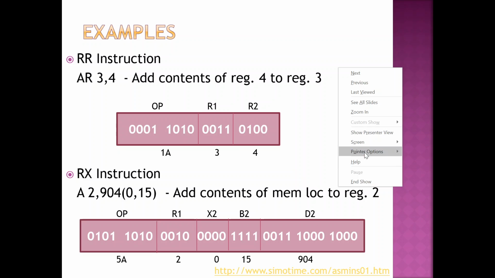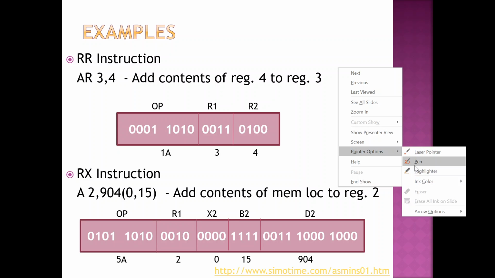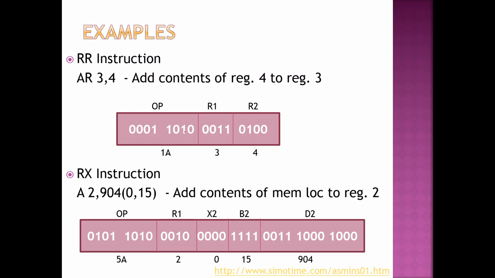What are the other registers I'm using? The first register I'm going to say is register 3. The second register I'm using is register 4, right? Why R1 and R2 here? Because of operand 1 and operand 2. Operand 1 is the first register, operand 2 is the second register. But in this case, operand 1 is the first register and operand 2 is a memory location. So the memory location, with these components all together, is going to be operand 2.